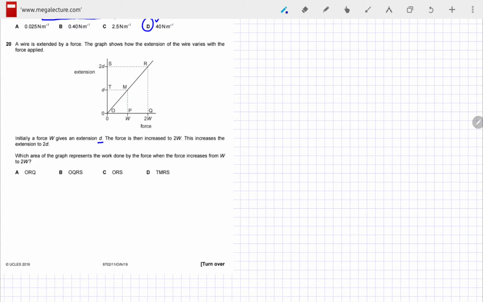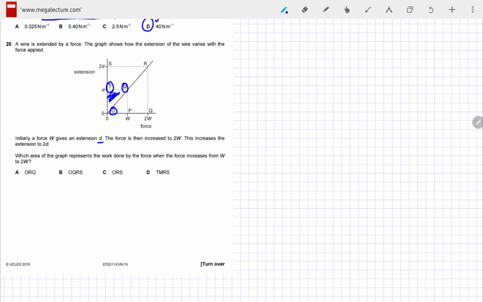We are asked which area of the graph represents the work done by the force when the force increases from W to 2W. Well, we know that the work done is given by the area under the graph of force against extension. But note over here that the graph is inverse, so we have extension against force. So for the work done in the W graph, it is actually the area of the triangle